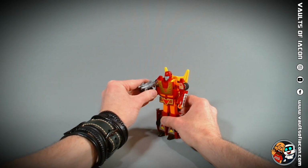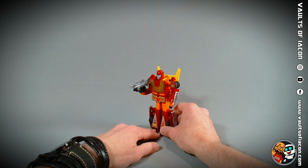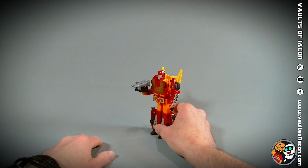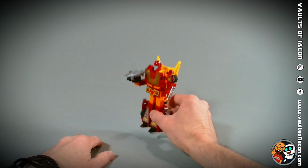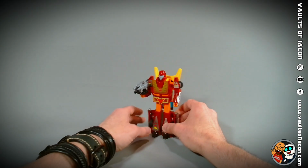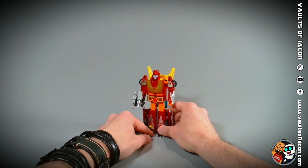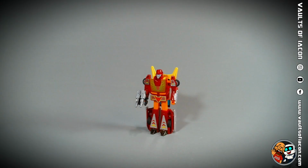Because Hot Rod is right-handed. There's no left hookers here, you know. All righties, no lefties. And there we go. We've got Hot Rod ready to go into action with Firebolt, doing a bit of pew-pewing, yeah? Pew-pew-pew, like so. It looks great. I do like it. Hot Rod does have his detractors, mainly because of the events that occur in the 1986 movie, which...